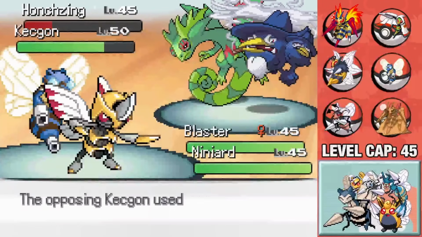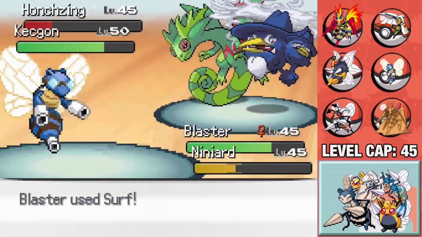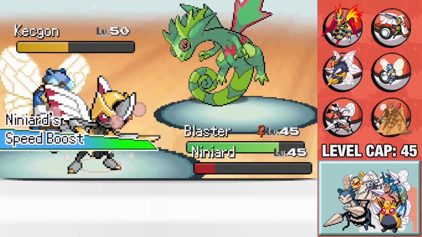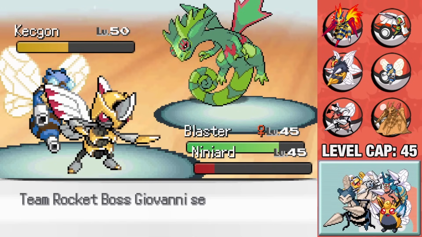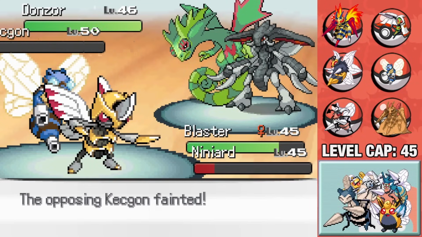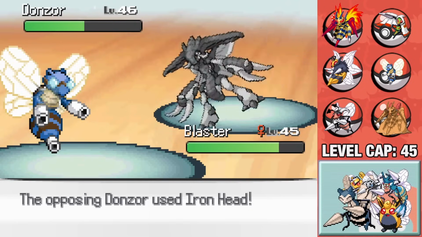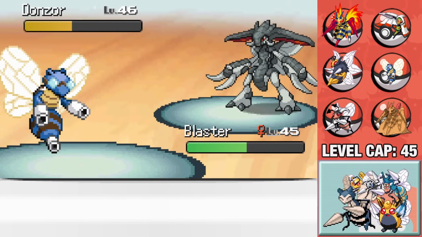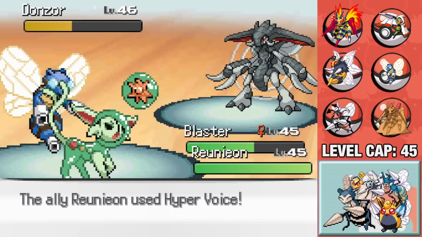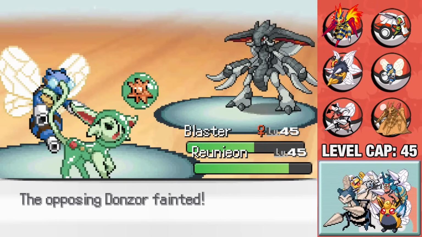Inyard goes for an X-Scissor on Haunting, getting it down to the red as Ketgon decides to go for a Rock Slide, and then after that I can go for a Surf, getting Ketgon down below half and taking care of Haunting. From here, Donzor comes in. Inyard's going to go for an Iron Head on Ketgon, taking it down, which is wonderful, and Blaster can go for a Surf, taking Donzor down to half as it then goes for an Iron Head. And because of its Life Orb, now it's down below half as Renewyon comes in. Renewyon goes for a Hyper Voice, I go for a Surf, Donzor goes down, and we should have lost, but